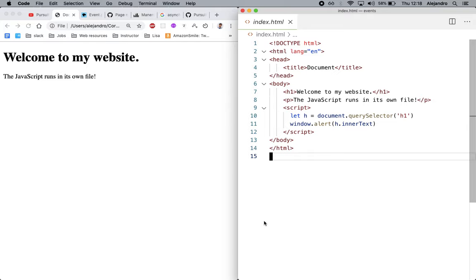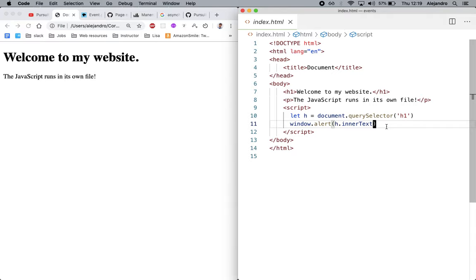let's address a problem that we might have as we create websites that are bigger and bigger and have more and more lines of code. So far, we've been writing our JavaScript inside a script tag inside the HTML. But as our JavaScript grows, it can be even hundreds of lines. This will be inconvenient, having HTML mixed up with JavaScript in one single file. So for that, we have a solution, which is taking the JavaScript to a separate file and then linking the HTML with that JavaScript so that they act as if they were one